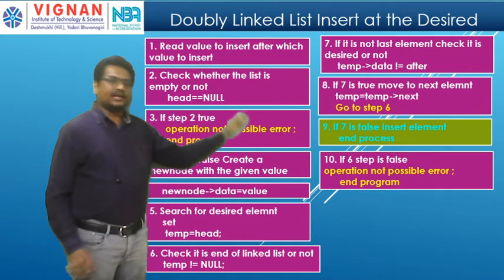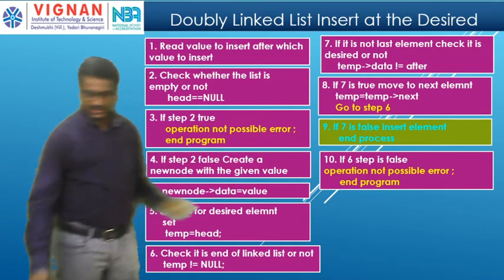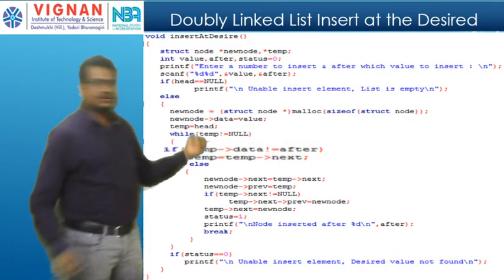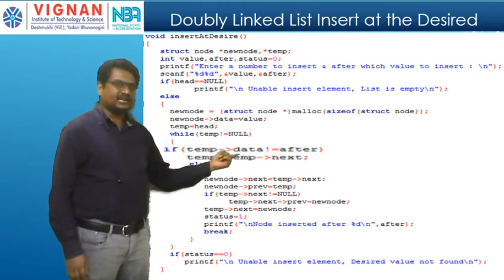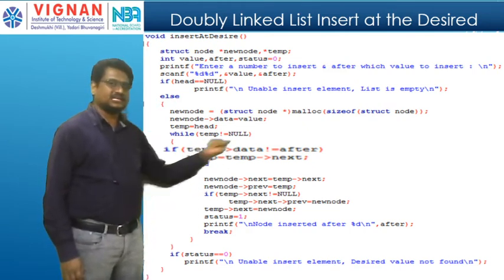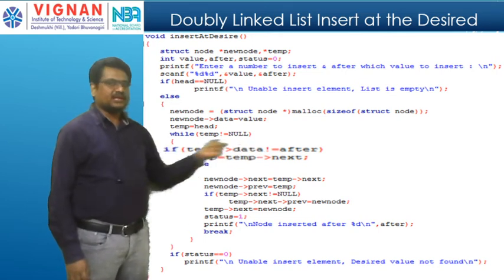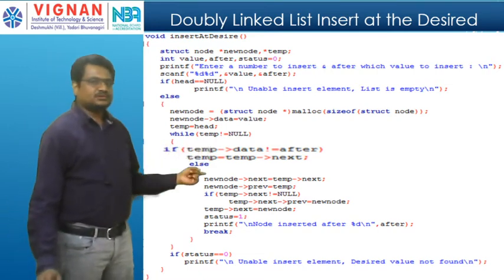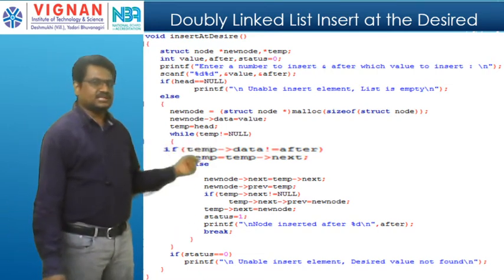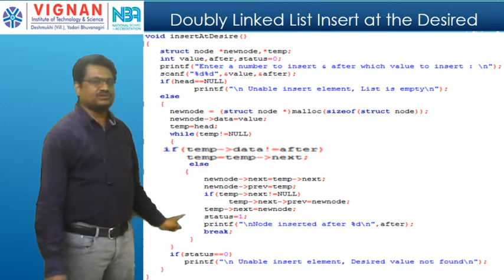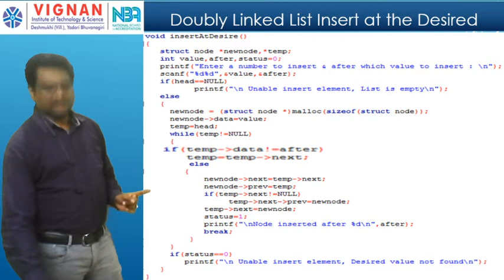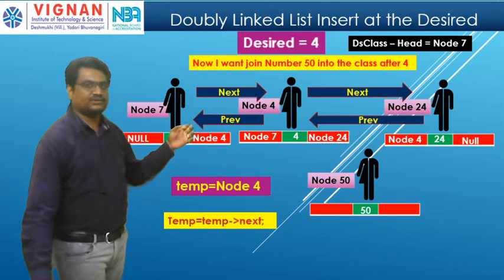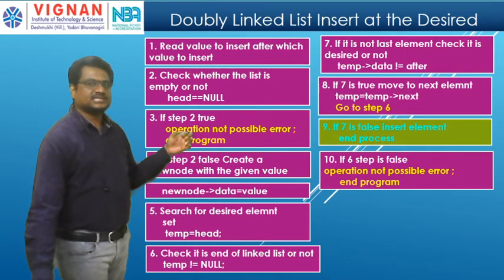So here I again check. Now it is false. That means we previously checked this one. The previous one, see this one here. If the temporary data is not equal to the desired, I will do the swapping. If it is false, then I will do the insertion. Am I right? See here, if it is true, that means if it is not equal to the desired, I will do the swapping. Otherwise, I will do the else process. So here node 7 I am checking. Node 4 equals desired equals 4. So now it goes to the next step, that is the ninth step.